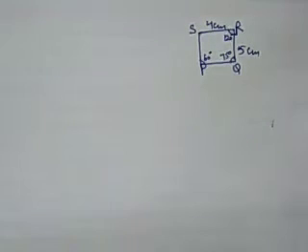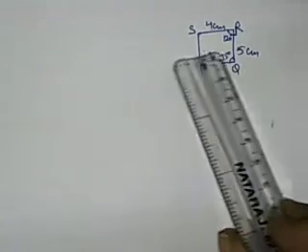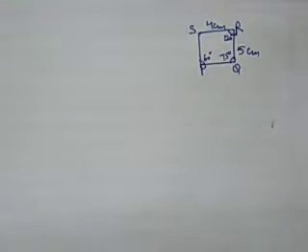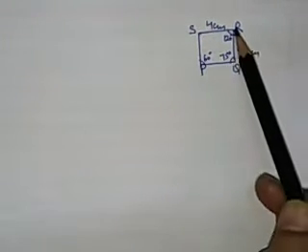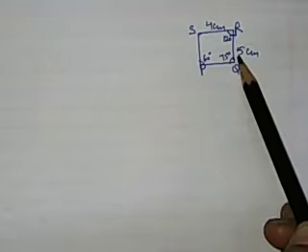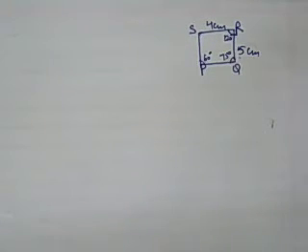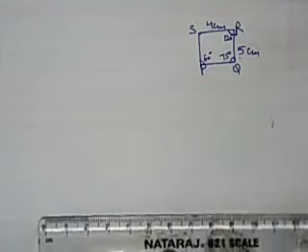So first of all I have to start with the baseline. If I select QR as the baseline, I get the two angles on it, but there is no measurement of QR. So it is better for me to start with QR because the baseline is 5 cm as well as the measurement of two angles is given to me. Now let's start drawing.